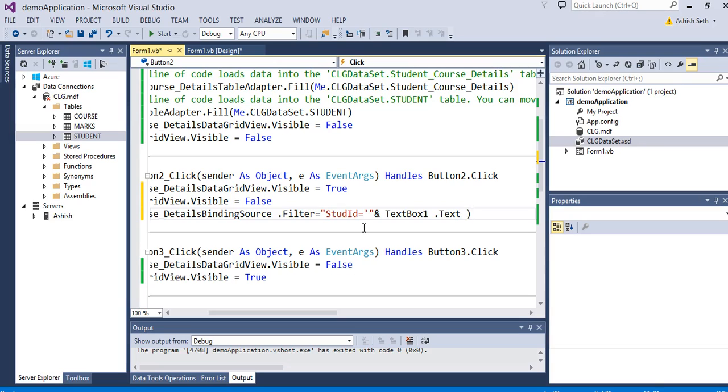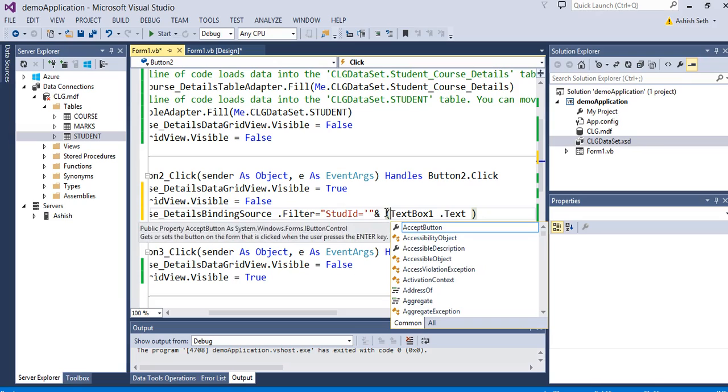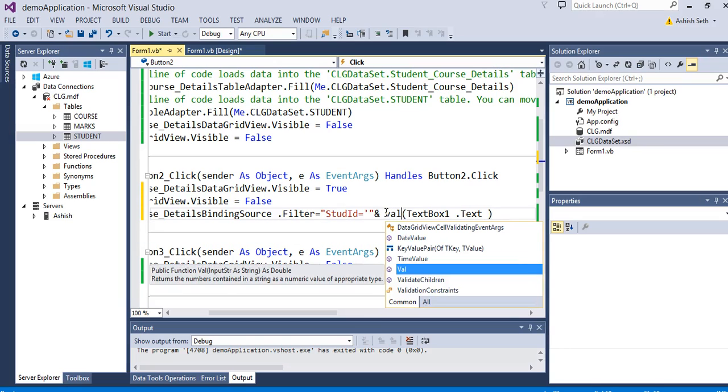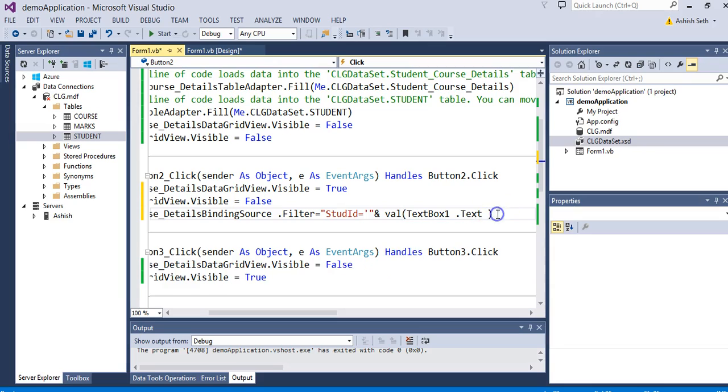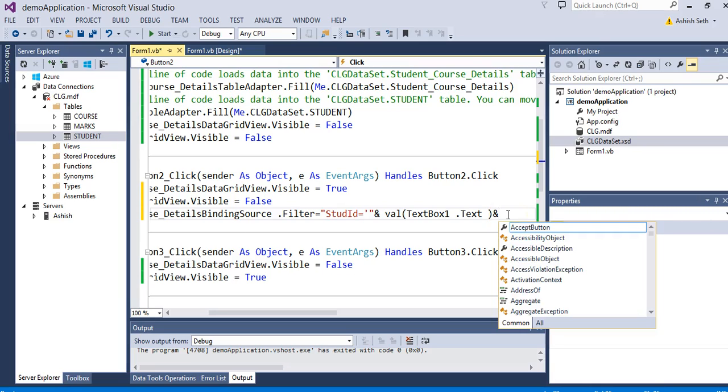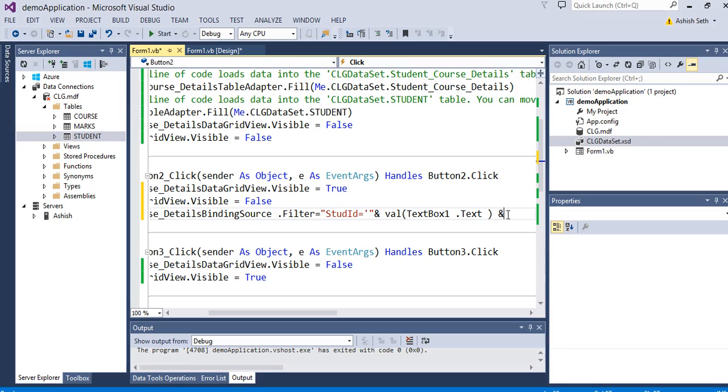The values of a text box are a string, so we have to convert them into an integer. So we have this Val function. The student ID in our database is set as an integer; the data type of that particular field is integer. So I have converted this text box value into an integer by using the Val function. And percent, then we write the double quote and this. So that query is ready.